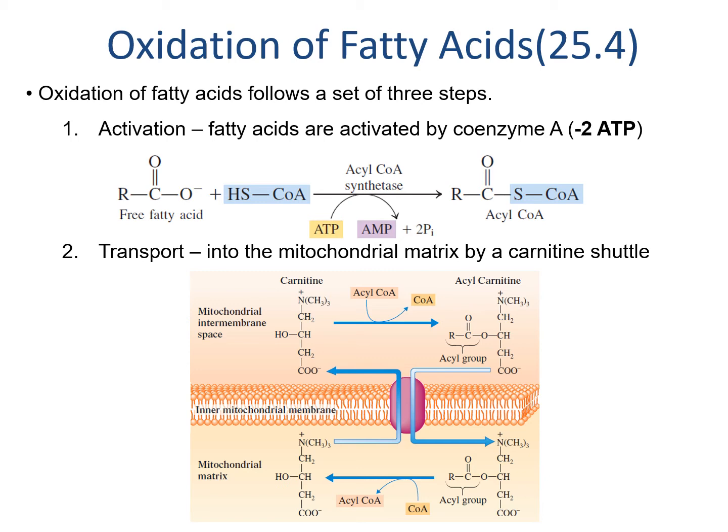And it's really important that the acyl CoA gets oxidized in the mitochondria because that means that all of the cofactors produced by that oxidation can be readily reduced in the electron transport chain for as much energy as possible. This is different than how glycolysis produces an NADH that then has to be transported into the mitochondria later, which costs us some of the energy we would have otherwise gotten.